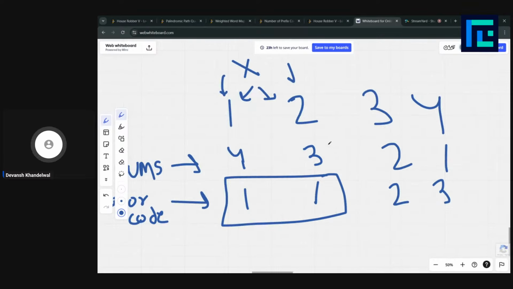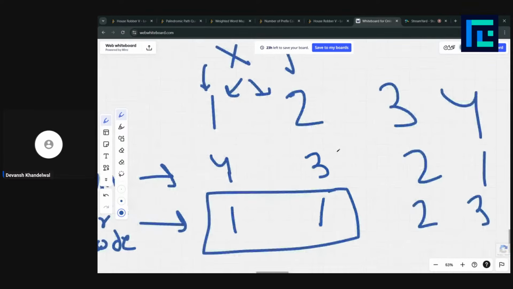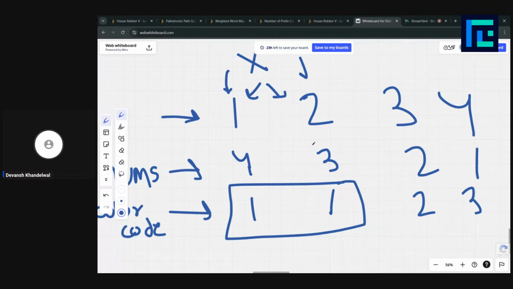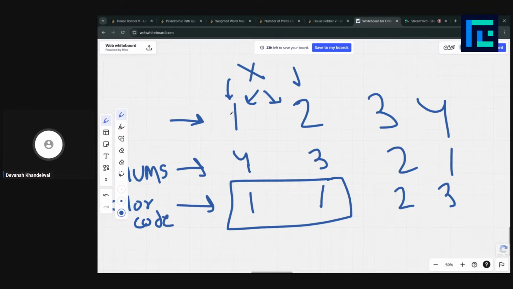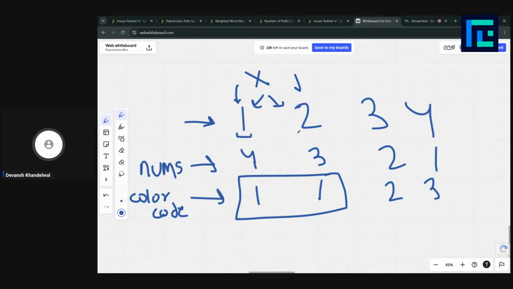So what houses would you rob? Let's start from the leftmost side. Let's look at an overview. This house has the most money, so let's rob this.